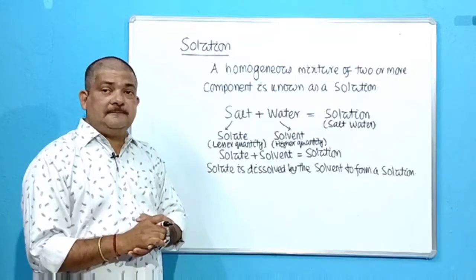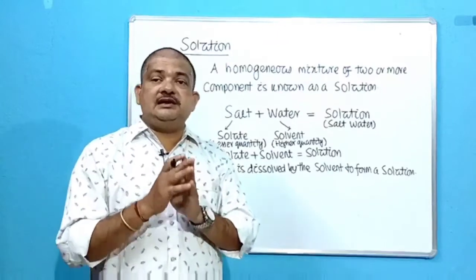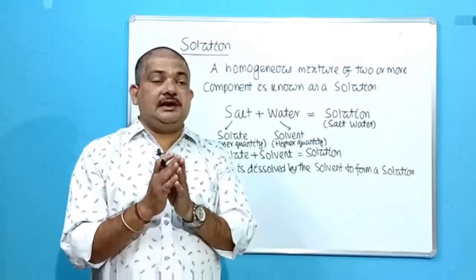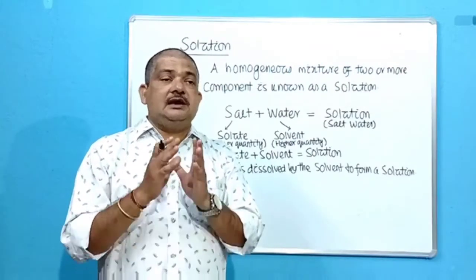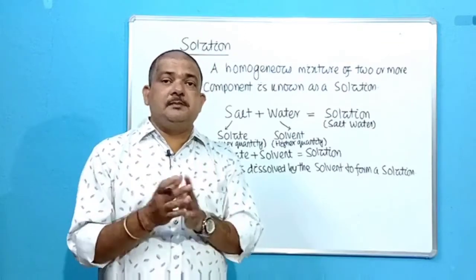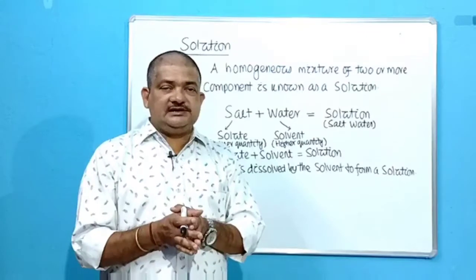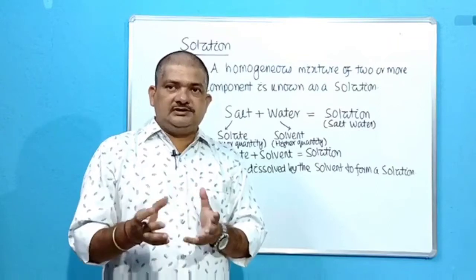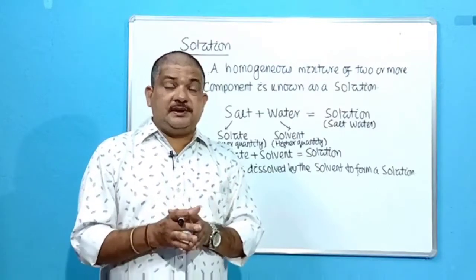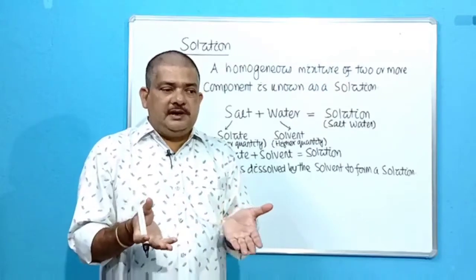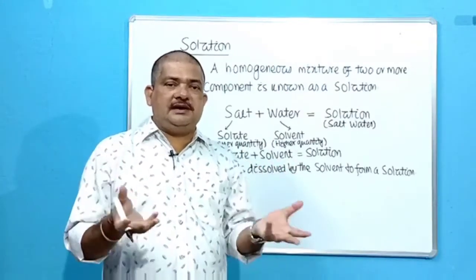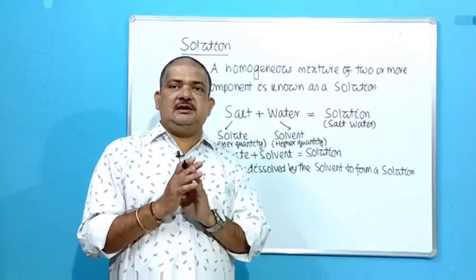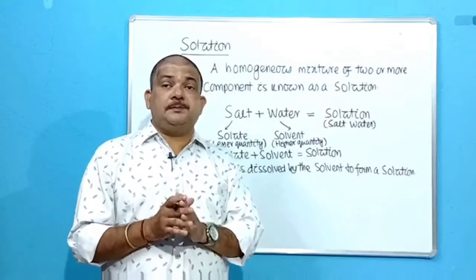So what are the characteristics of a solution? There is no distinguishing surface between the constituents or the components. We cannot distinguish them completely. Then we cannot separate them by simple methods like filtration or gravity separation. Salt water can be filtered, but can you separate salt and water again? No. So how can you separate? By complete evaporation: when the water, which is the solvent, is evaporated, the solute will be left in the beaker. Okay. So specific methods, that is crystallization, evaporation, etc., can be used to separate the constituents.